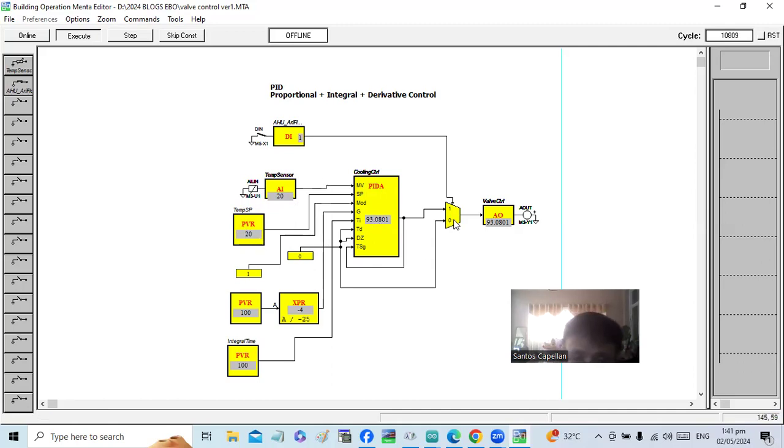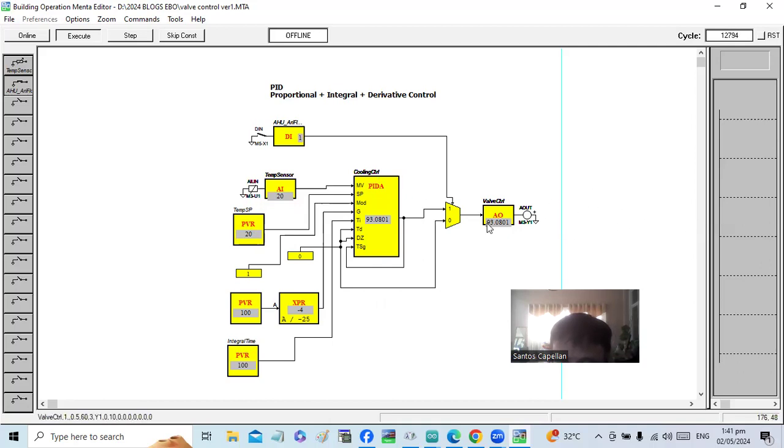So this one will be an automatic control. Whatever the disturbance in the system, your controller will respond, because this is a PID and this represents closed loop control. When we say closed loop control, we have feedback. Our feedback here is our temperature sensor. So what is the output?